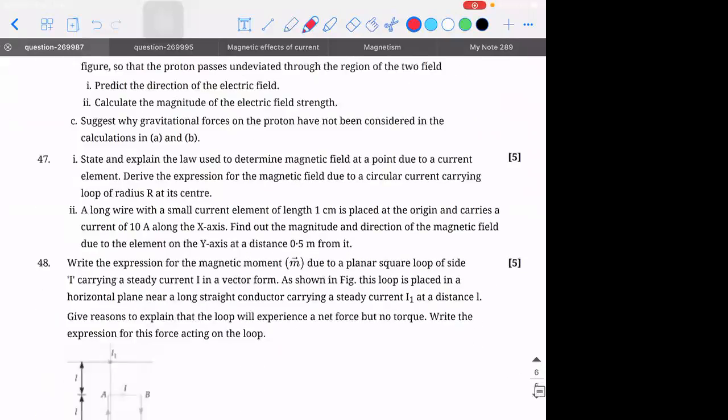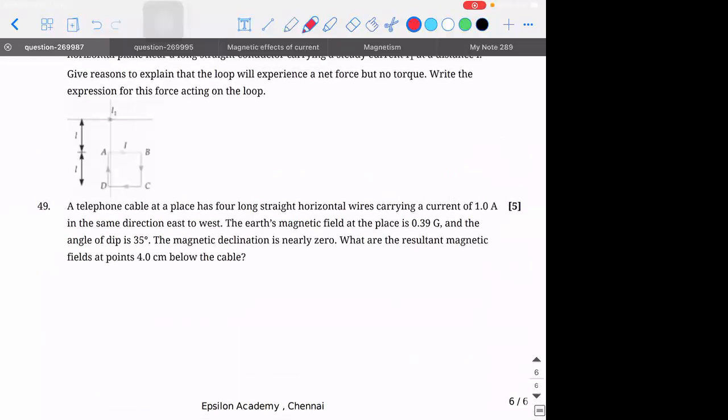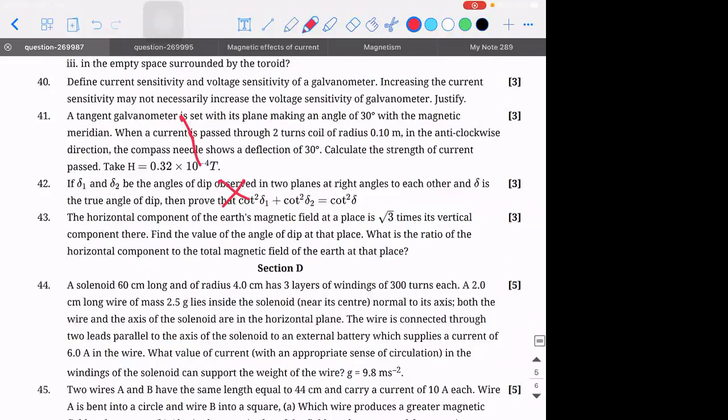So other problems you guys can try, right? If there is any doubt, let me know. See, the 41st problem, 42nd, I suggest you not to try it because it needs a lot of imagination. They have used the word meridian, and with respect to meridian also, it will not be stable. It will be apparent. All those things will come into picture. Some of those questions came into the question paper. The tangent galvanometer also you need not do. So you concentrate only on the problem that I've discussed and do some more problems from the textbook. That's more than sufficient.